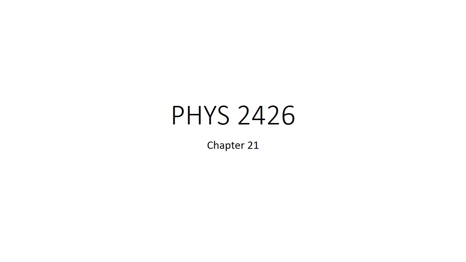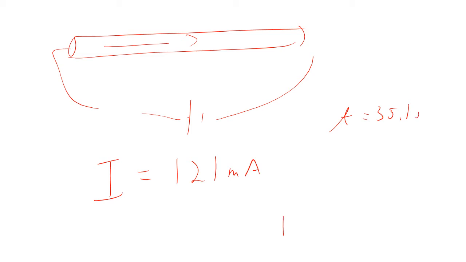Let's do a couple of examples using electric current. Let's say that we have a wire and we hook it up to a battery and we got electrical current flowing through the wire here. And let's say that we measure that current to be 121 milliamps, and we have this going for a time of 35.1 seconds. And I want to know the number of electrons that pass through the wire